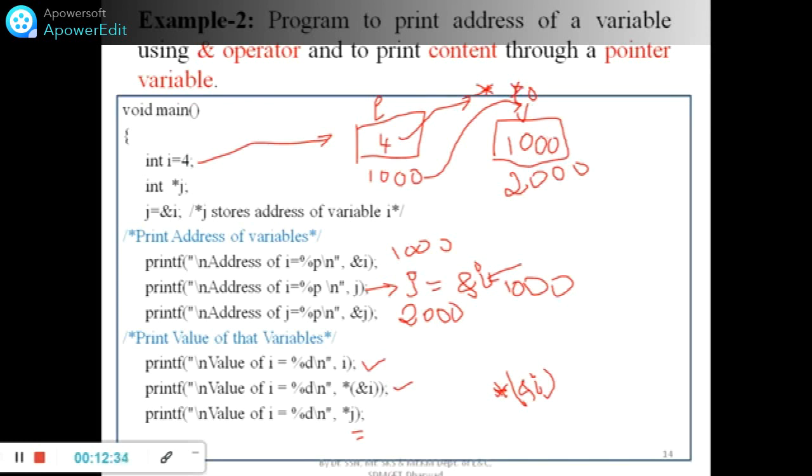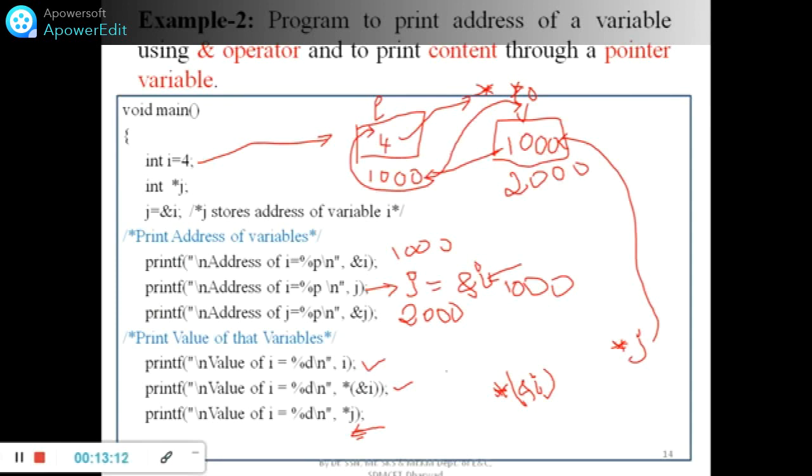You go from right to left, so you get j first. j is the address of another variable. In front of that you have star, which means go to this address and look into the content. That is the meaning of star, value at that address.